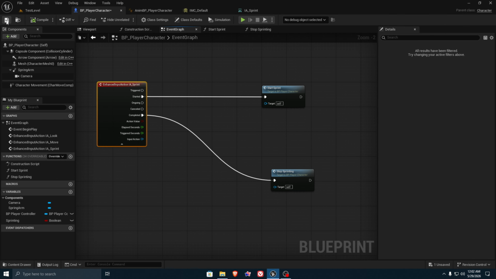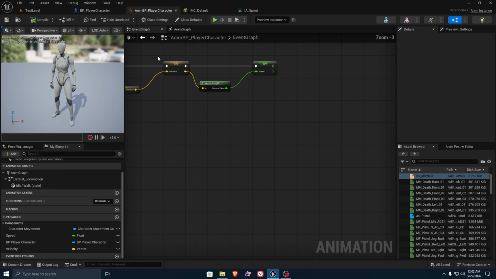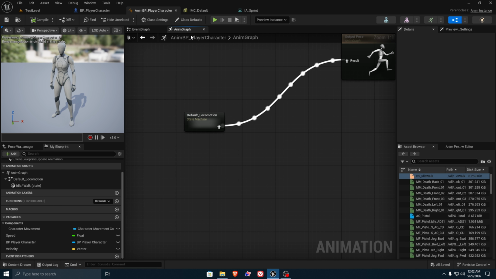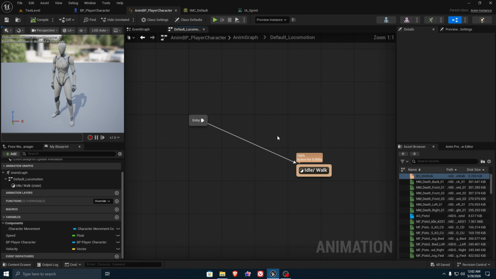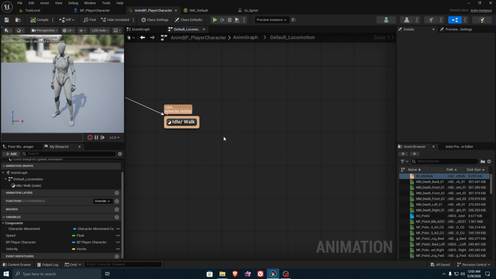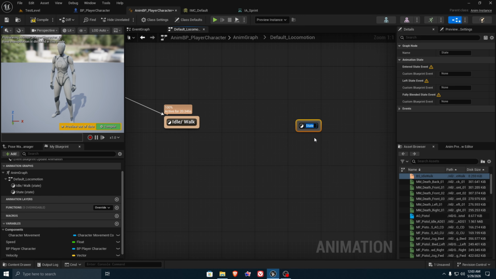Now our sprint logic is complete. All we have to do is change our character's animations. So we can go to our character animation blueprint and then in our animation graph, let's open up our default locomotion, and we only have one state, which is idle and walk. So from idle and walk we need to go to another state, so we can right click and search for state, and we can rename it as sprinting,